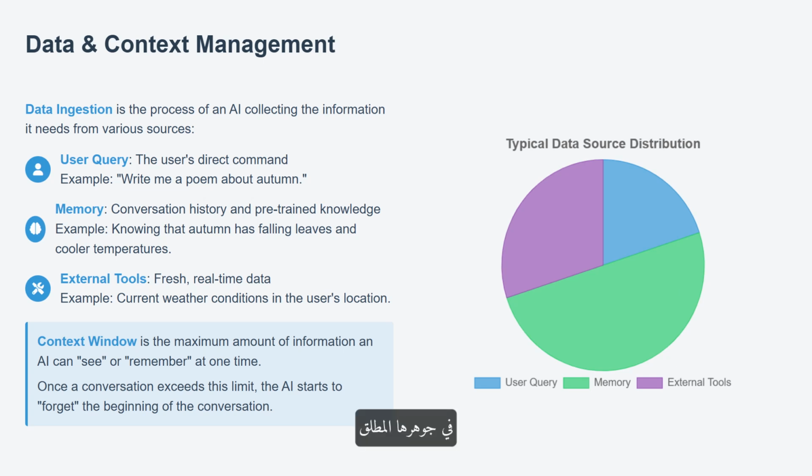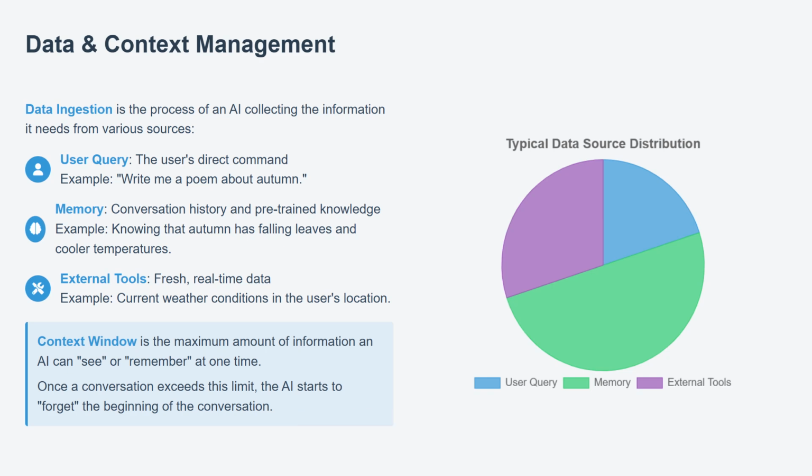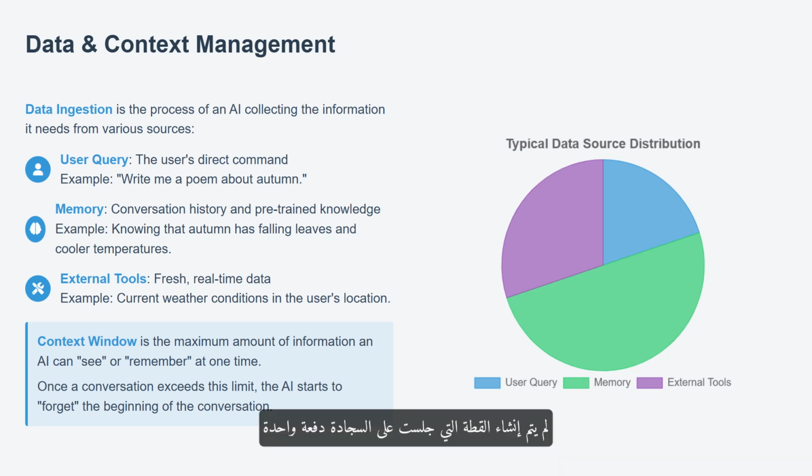At its absolute core, a large language model is a next token predictor. Atomic execution is the process where the AI looks at all the text in its context window and performs one single indivisible action. It calculates the most probable next token to add to the sequence. The sentence, "The cat sat on the mat," is not generated all at once. The AI predicts the, then cat, then sat, and so on. Every complex paragraph is simply the result of thousands of these tiny atomic predictions chained together.